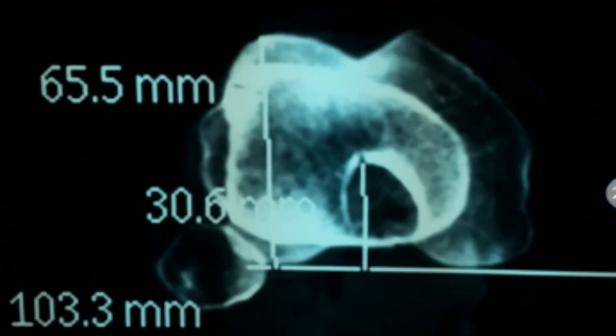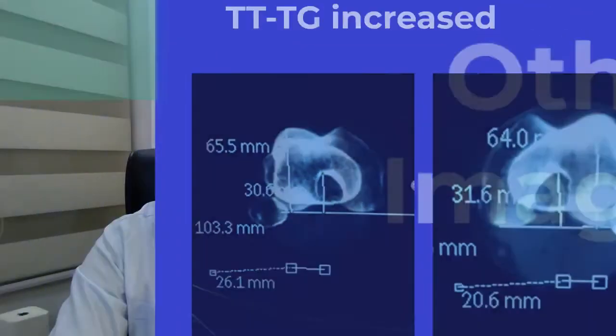So maybe here I would consider this particular patient as an ideal case for doing a tibial tubercle osteotomy. To calculate the TTTG distance, you just need to tell your radiologist to superimpose two images, one showing trochlea at its deepest and the other showing the proximal tibia with the tibial tuberosity at the most prominent. The perpendicular distance between these 2 points forms the tibial tubercle trochlear groove distance.